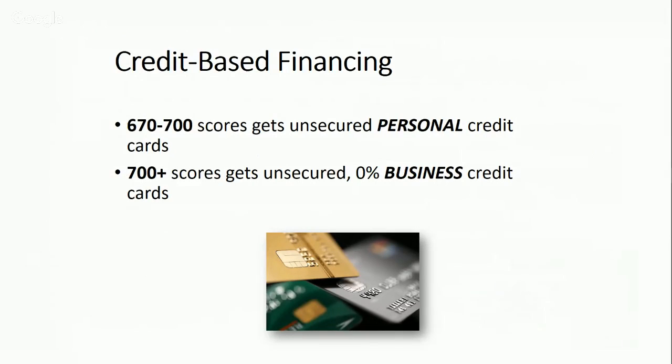Credit-based financing. So we talk about credit-based financing. We just finished the first C, right? If you have cash flow, we talked about what you could use your bank statements to get: revenue lending, merchant advances. We talked about what you could use your tax returns to get: SBA, alternative SBA, venture capital. So what if your strength isn't cash flow, and the strength is credit-based financing? What if your client has good credit but doesn't have consistent cash flow? Well, then that offers up